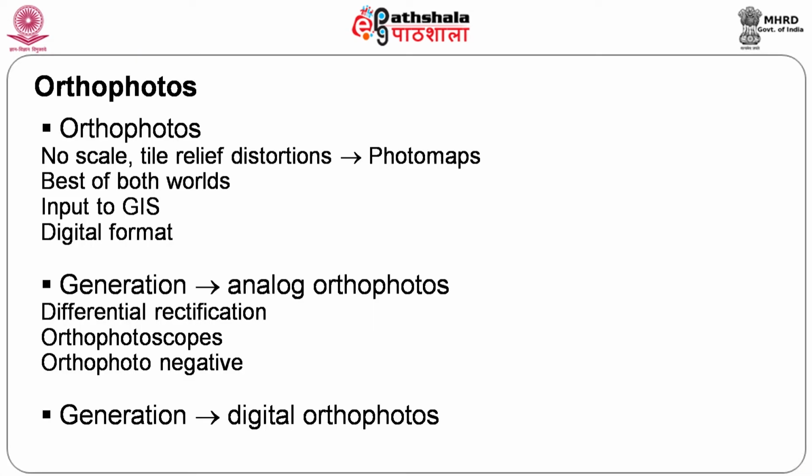So, you will have the advantage of using the orthographic projection, wherein the various rays fall parallel to each other and always perpendicular to the surface. Hence scale distortion or relief distortion will not be there in that case. This is the best of both worlds, that is both your GIS and remote sensing kind of studies, and it becomes a big input into GIS. So, that is what many people normally try to use.